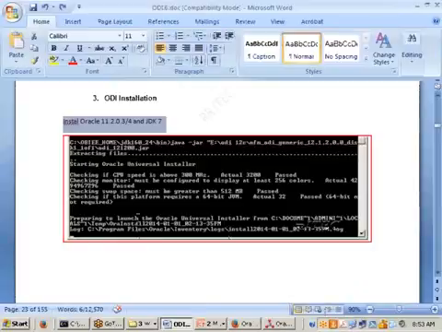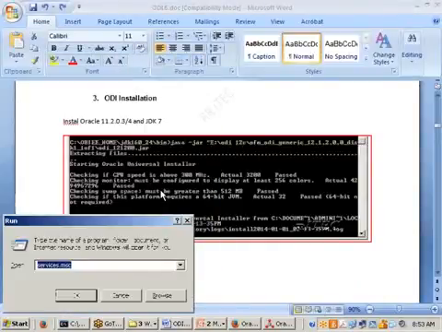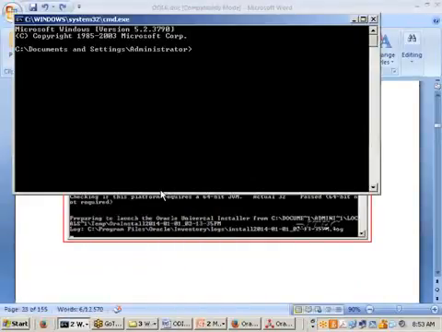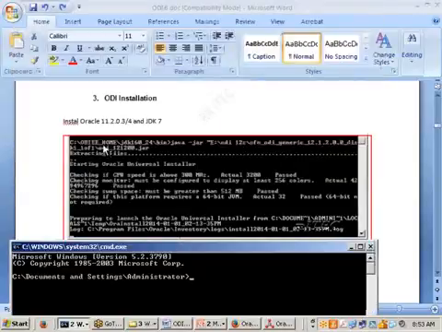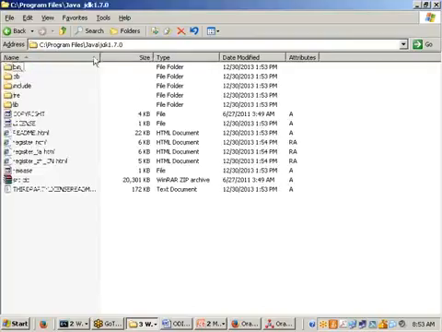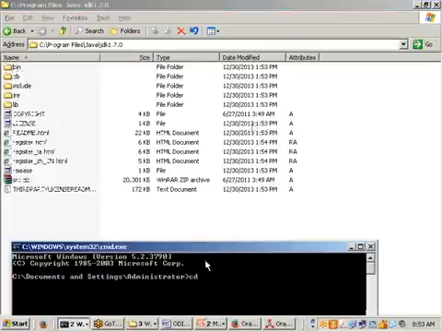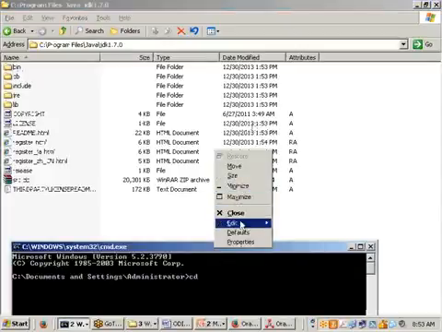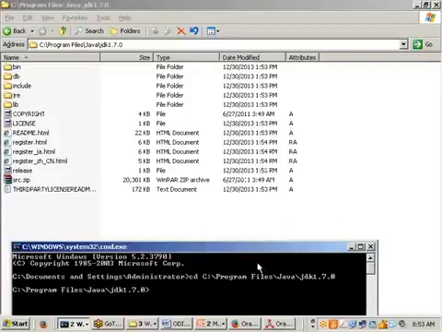Now, once we have everything and have downloaded the software, we need to open the command prompt. How to open it? Go to CMD. The command prompt is open. Then we need to point to the location where Java is available. How? CD, which stands for change directory. Where is our Java available? Suppose it is available here. Go to the directory, Control C, then provide it. Click on Edit, then paste it. Like this, you can change the path.